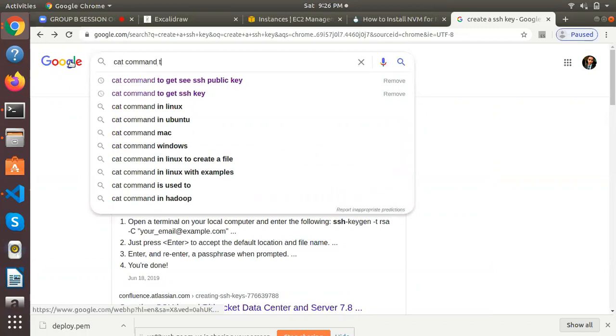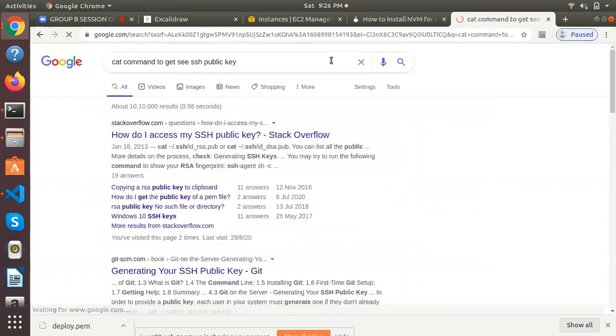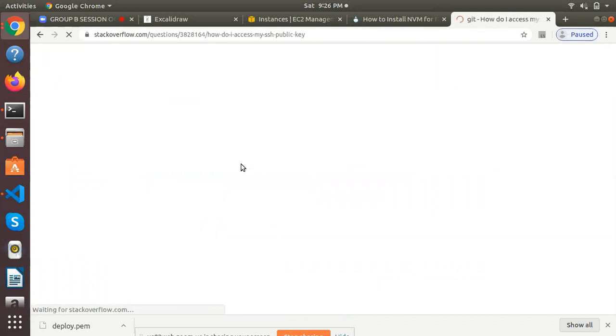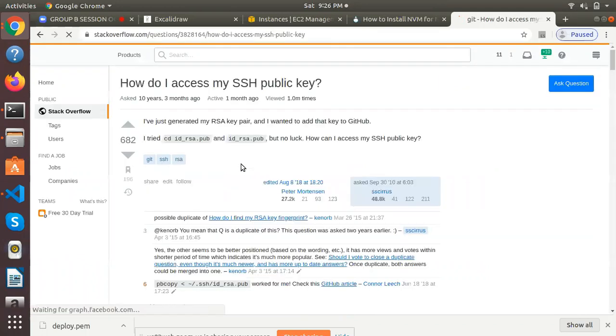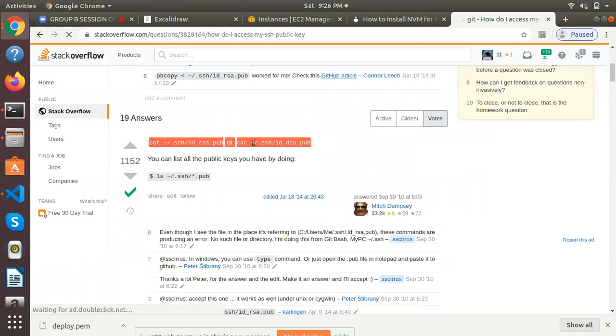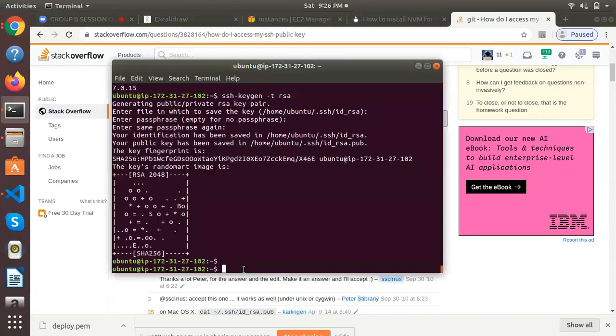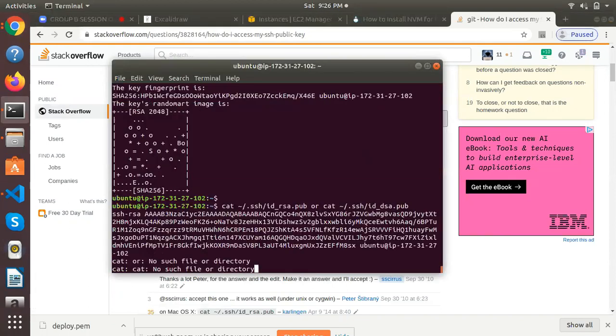Cat command to get SSH public key. So I will be getting my public key, and I will be adding that into my GitHub so that I can clone. I am basically granting access to my machine to clone my private repos, and for that I am adding an SSH key, right? So you guys can clone public